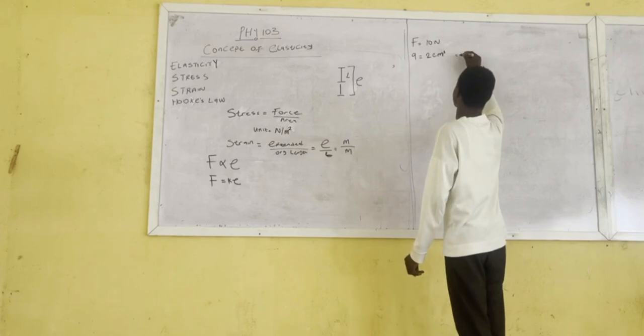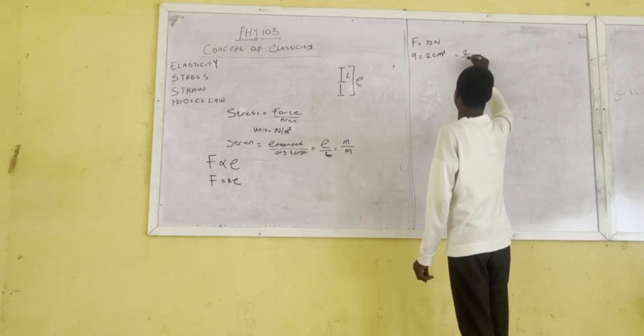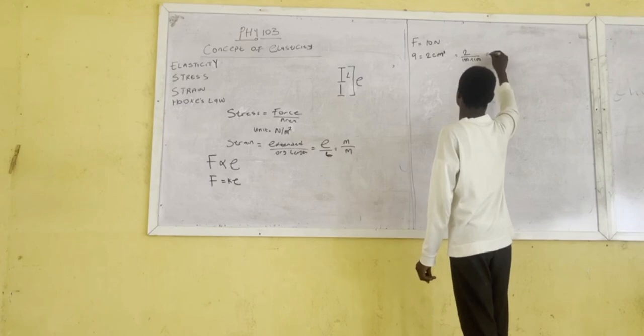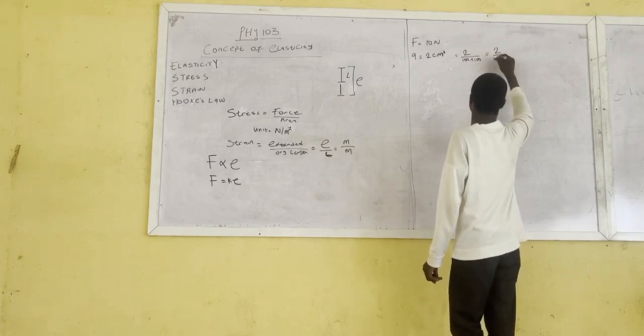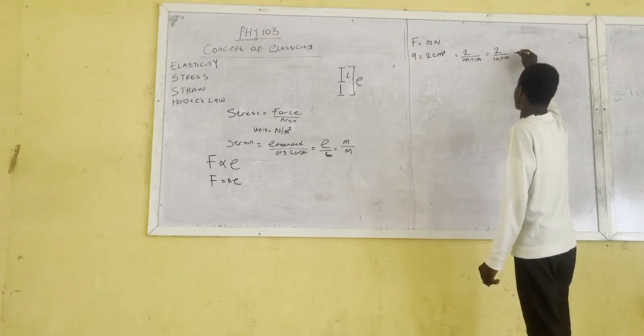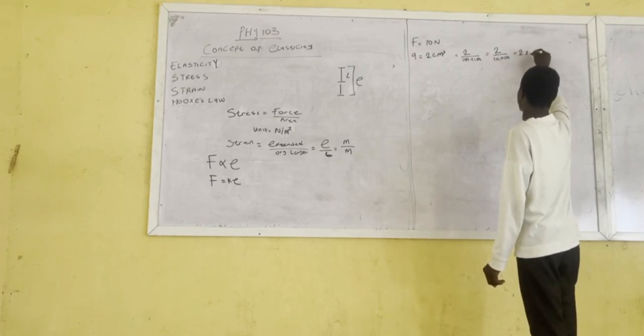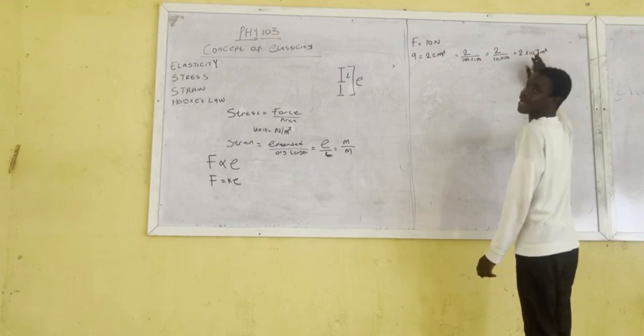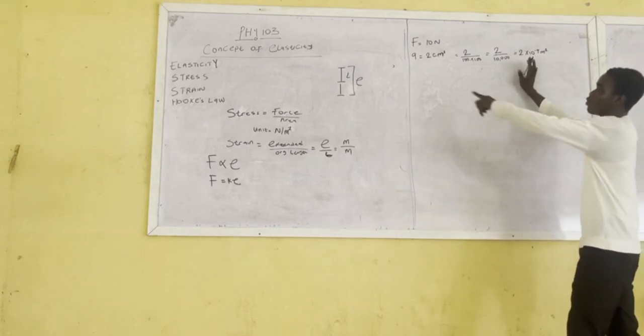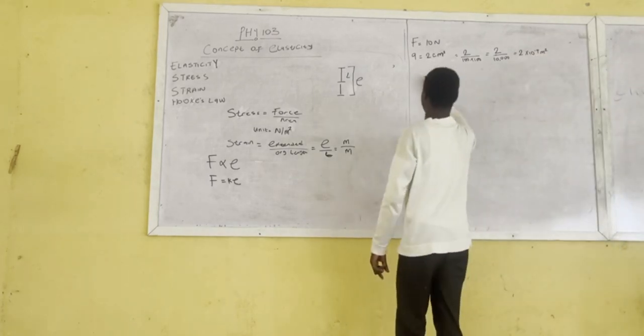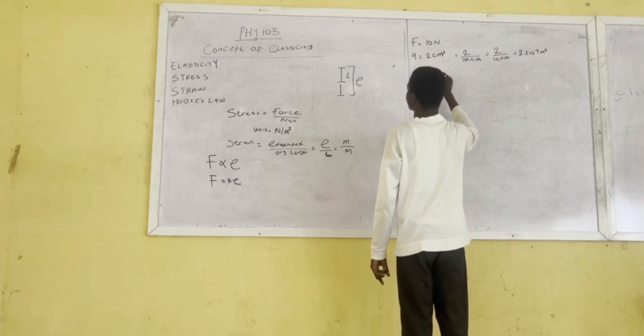You can now see 2 divided by 100 times 100, which is the same thing as 2 over 10,000. And in the standard form, we can now say 2 multiplied by 10 raised to the power minus 4 meter square. And now this is balanced. Now we can look for our stress. We can now say the stress on that material